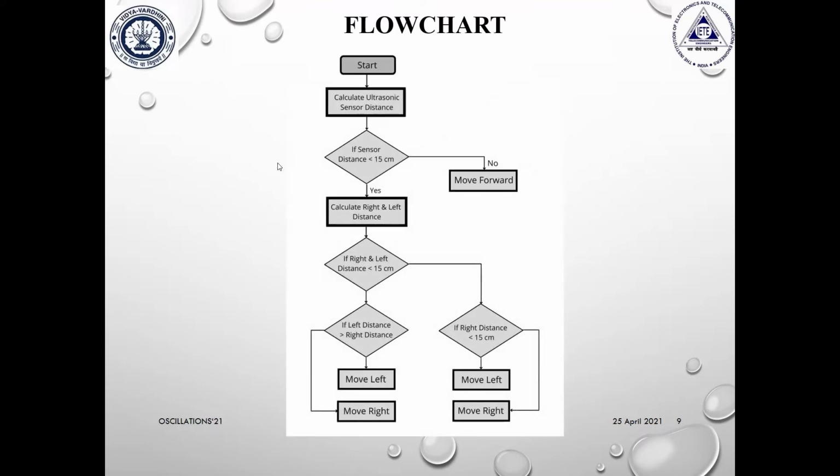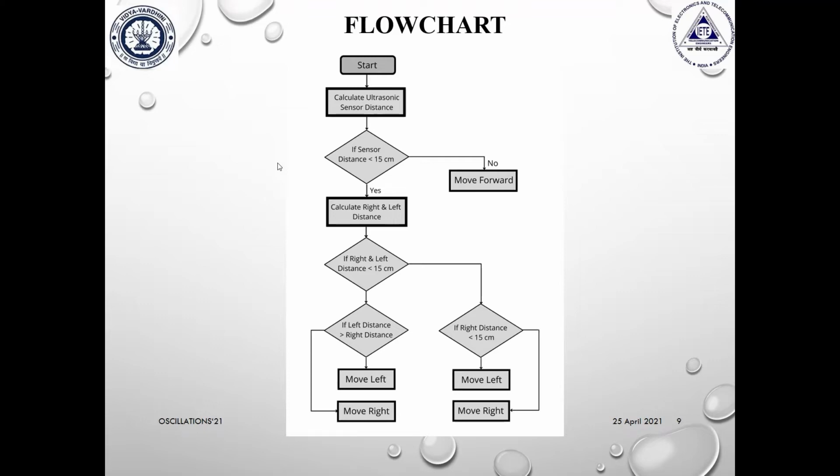So initially, whenever the car is initialized and starts, the car checks for obstacles within the range of 15 centimeters. If there are no obstacles within the 15 centimeter range, it moves forward, as there is nothing within range and the path is completely clear, and it keeps on checking as it moves. And if it faces an obstacle within the range of 15 centimeters, which we have set in the programming code, the car must perform obstacle avoidance.